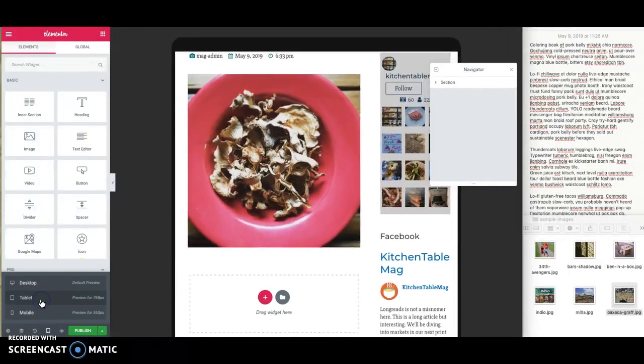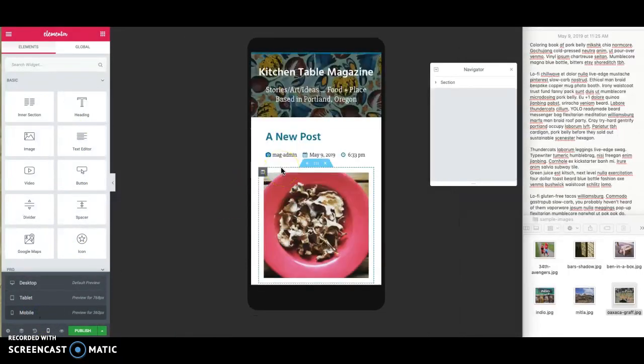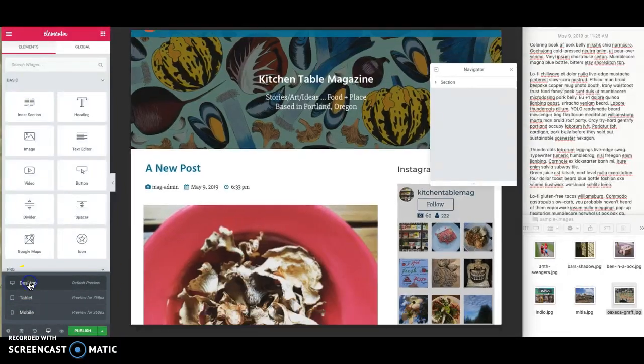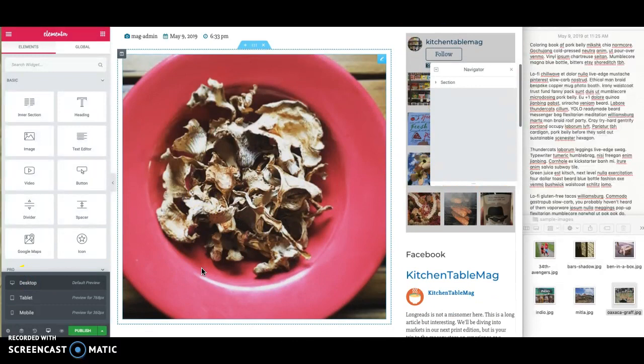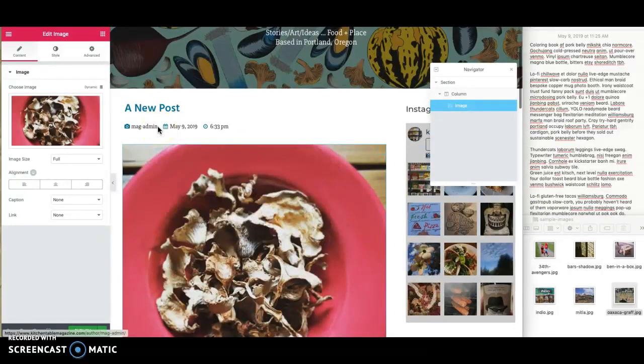So if you go and look at it on tablet, and you go and look at it on mobile, you can see it's responsive, and then all of these formats are going to be nice and clean, and you can just leave that alone. The content's good to go. If you click on that, it's going to take you to the actual